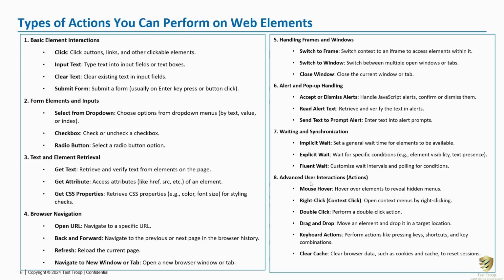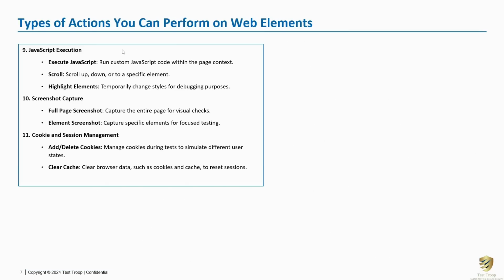Then we have advanced user interactions, like mouse hovers, mouse and keyboard actions. Mouse hover, right click, double click, drag and drop, keyboard actions, clear cache. These all come under advanced user interactions. Using Selenium, we can also execute JavaScript that is designed to perform certain actions. You can run custom JavaScript code within the page context. We can scroll up, scroll down, or highlight specific elements using JavaScript